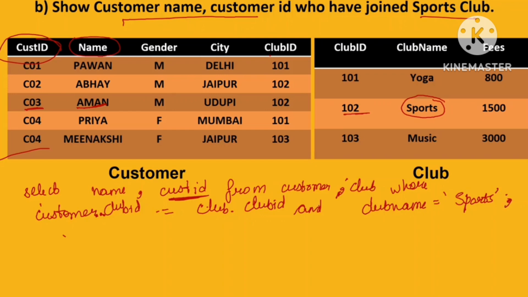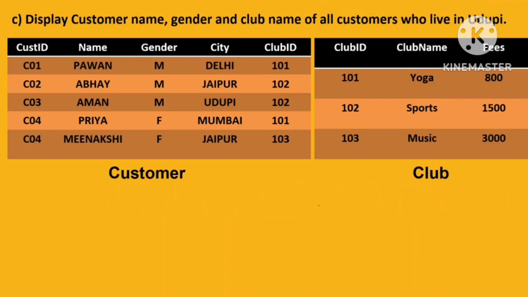So now the third question: display customer name, gender, club name of all customers who lived in Udupi. So select name, that is customer name coming from the customer table, gender also from the customer table, and club name also, so add the club name also. Select name, gender, club name from customer, club,